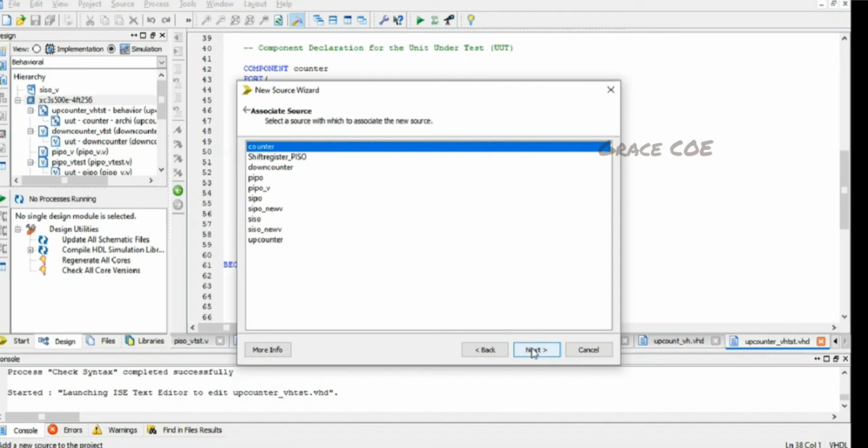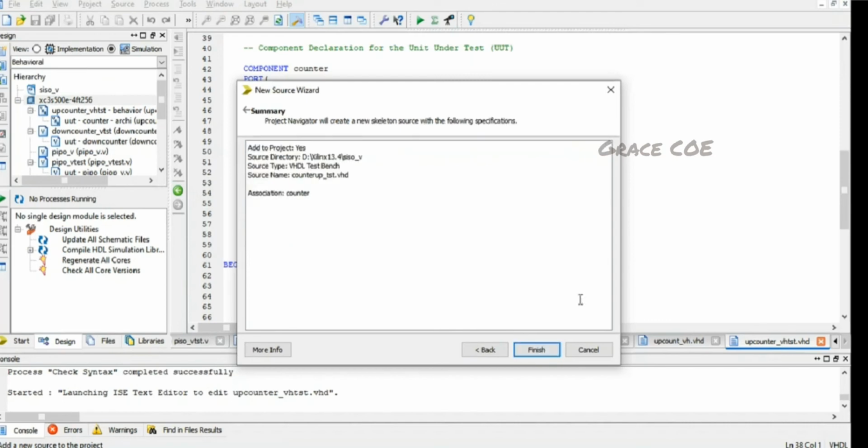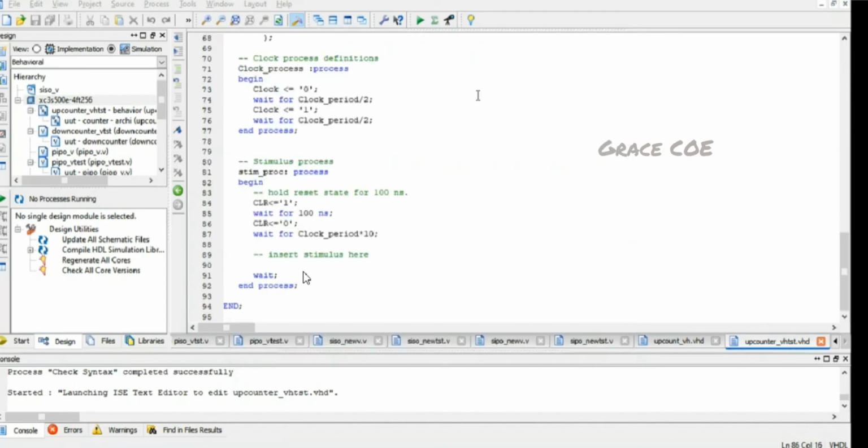Select the counter from here to associate the source. Click on finish.